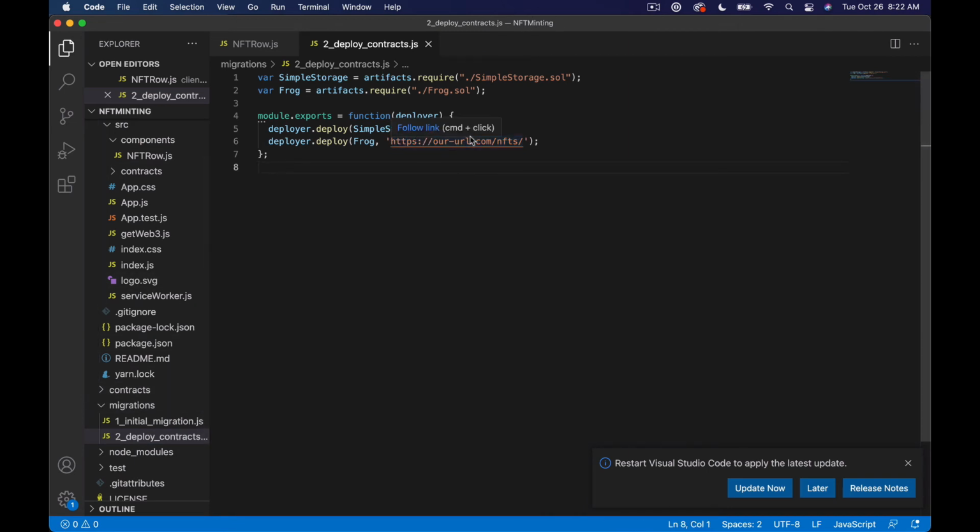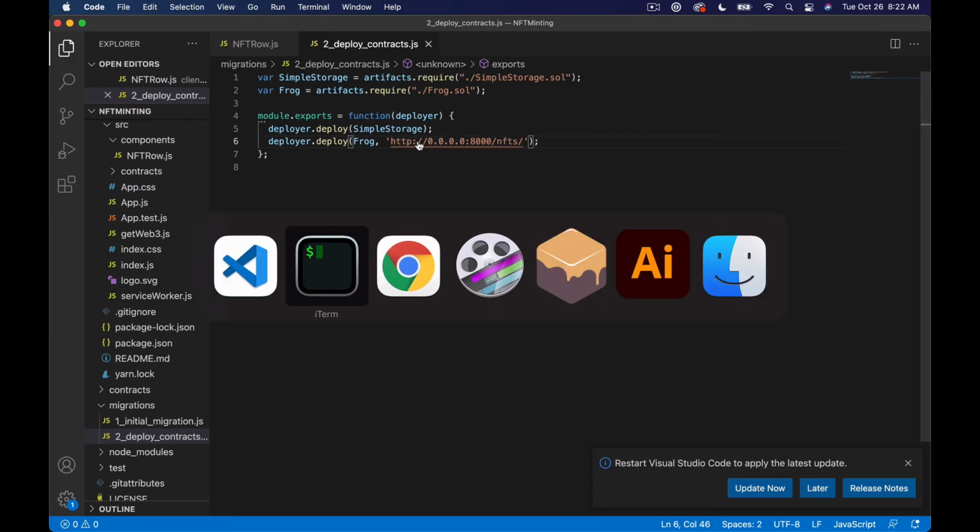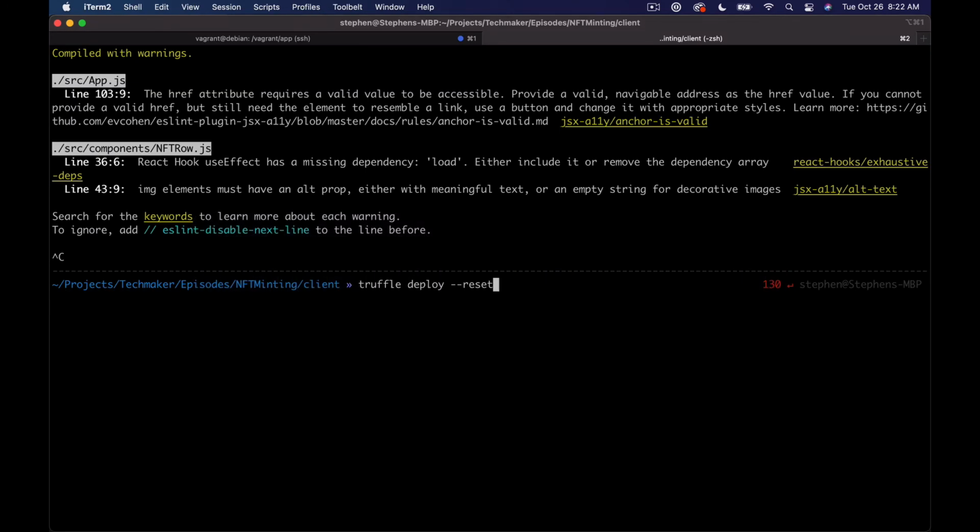And right now we have this. This isn't right, obviously. So what we want to do here is say http://0.0.0.0:8000/NFTs. So let's save that,